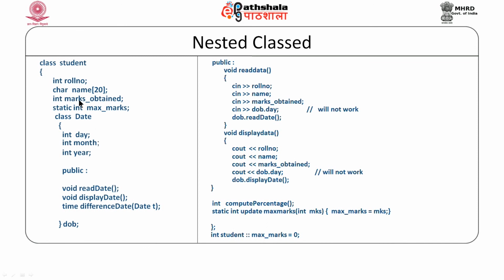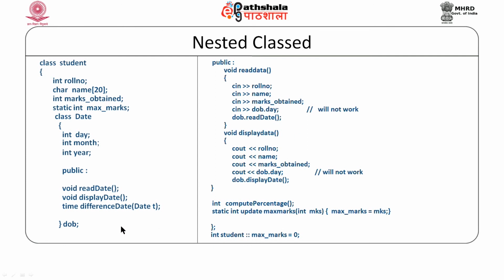So, you know that whenever we declare a variable, we give the name of the variable which is preceded by the data type. So, roll number is the name of the variable which is preceded by data type int, name is the name of the variable which is preceded by the data type character. Similarly, DOB is the variable name which is preceded by this data type called date. So, DOB is an object of type date because we wish to store a date into it. Whenever we define a class inside the object, now this class will be available to all the members of this